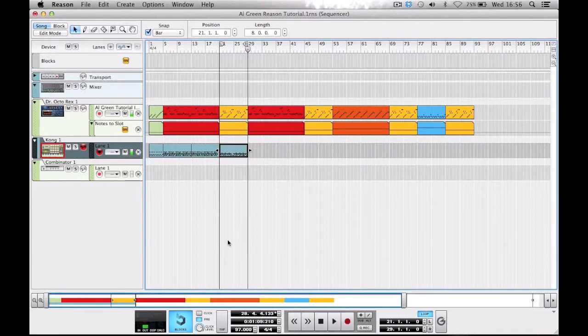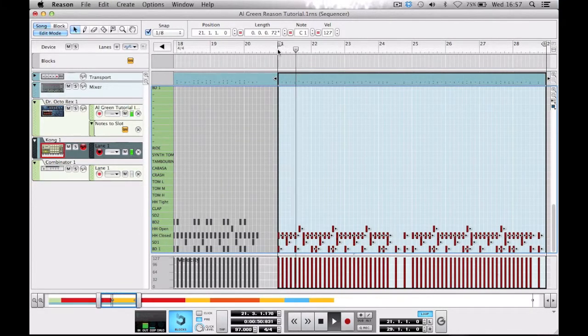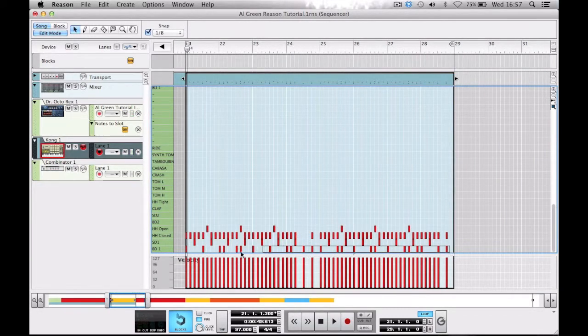And again, to quantize the notes, just check that's okay. And to again copy the bass drum,